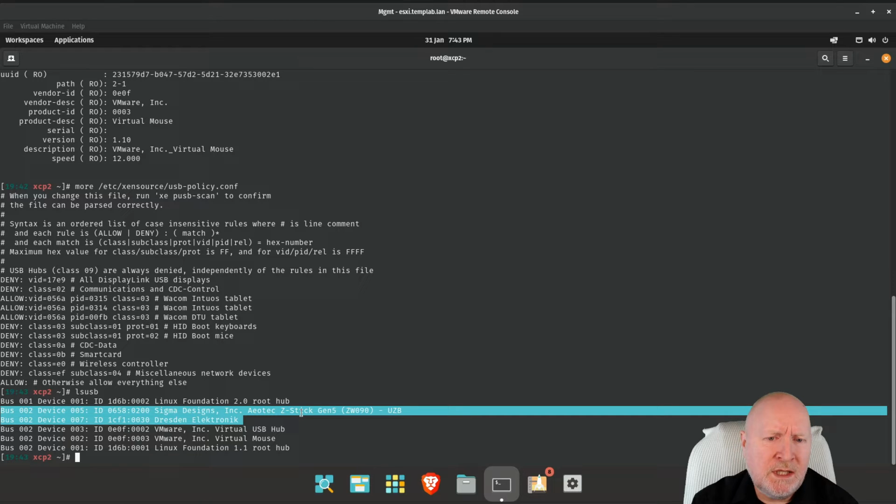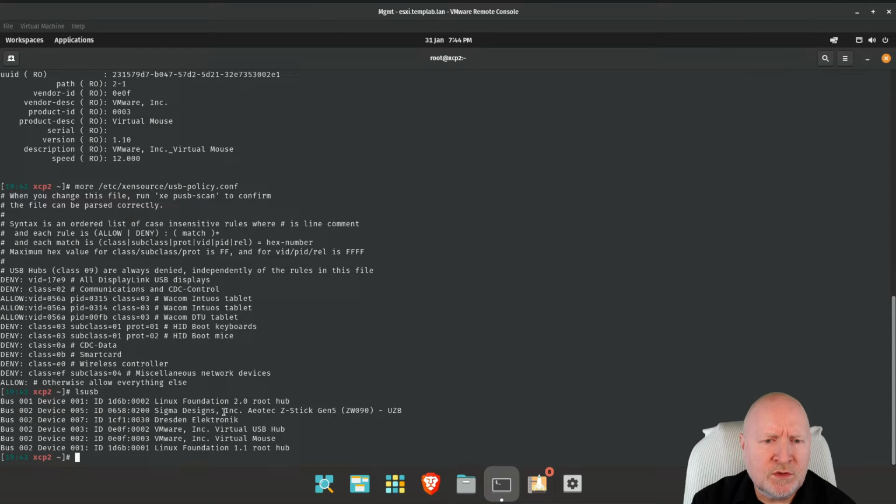So one's a Z-Wave AOTech Z-Stick Gen 5. The other one's a Dresden Elektronik ConBee 2 Zigbee controller. So that's my Z-Wave controller, that's my Zigbee controller. Now, if you don't specifically recognize the device that you want to use and pass through to your actual virtual